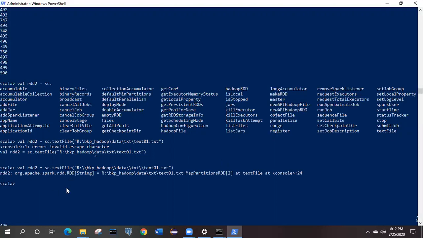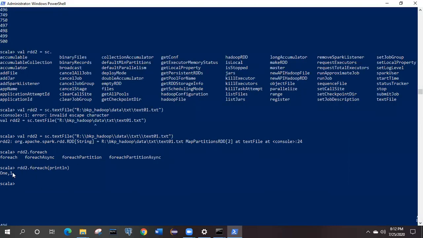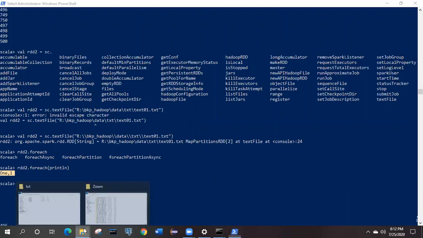We'll cross-verify again by calling the foreach method, and we'll try to print the content of this RDD. For foreach, inside that we need to give the parameter method name, that is println. Hit enter, and you can see it is giving me the output 1 comma this digit 1.